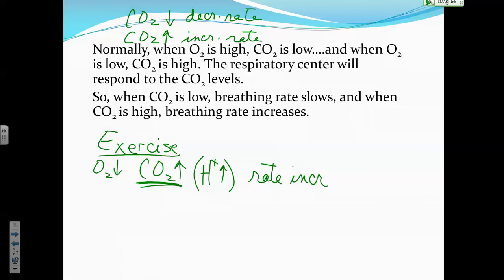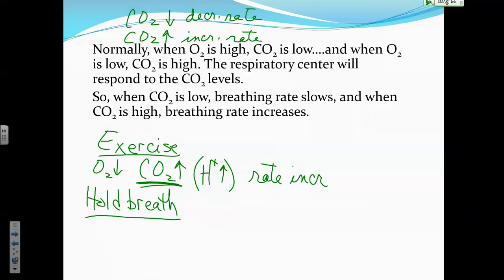All right, so what if you hold your breath? What happens to your CO2 level when you hold your breath? Goes up, goes down, stays the same? It goes up. When you hold your breath, you're not taking in oxygen, are you? But that doesn't mean cell respiration has stopped in your cells. So what are you continuing to produce? CO2. It gets in your blood and you're not breathing it out if you hold your breath. So do you see how your blood CO2 rises?